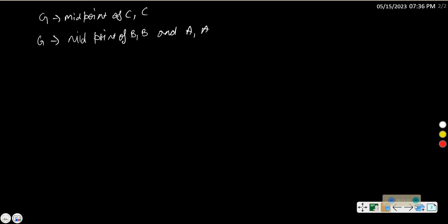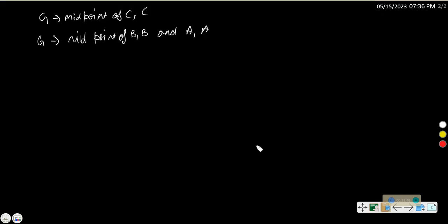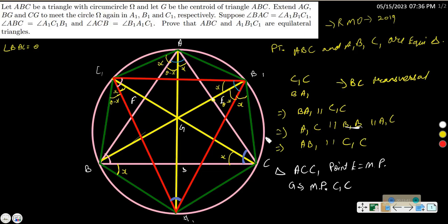Similarly, with the same proof, we can prove that also, but that would be lengthy, so I'm just discussing it, that as we have already proved for one thing, it is easy to prove for the other things as well, taking angle y and z and so on, right? So G is the midpoint of B1B and A1A, so what we can say is that G is the circumcenter,